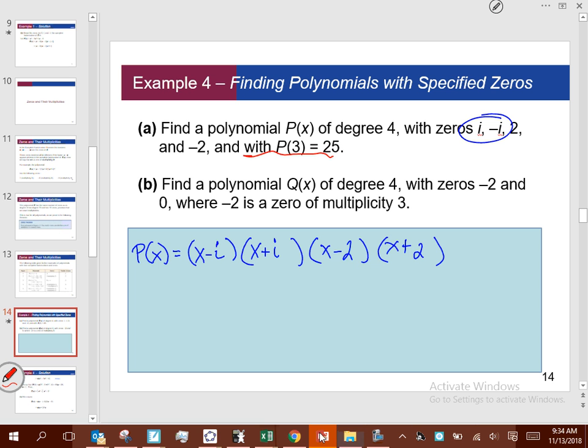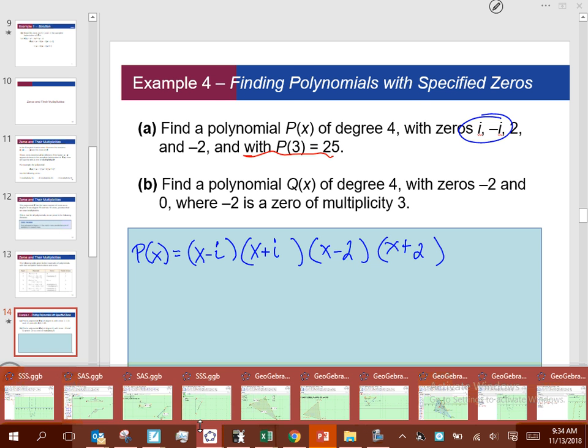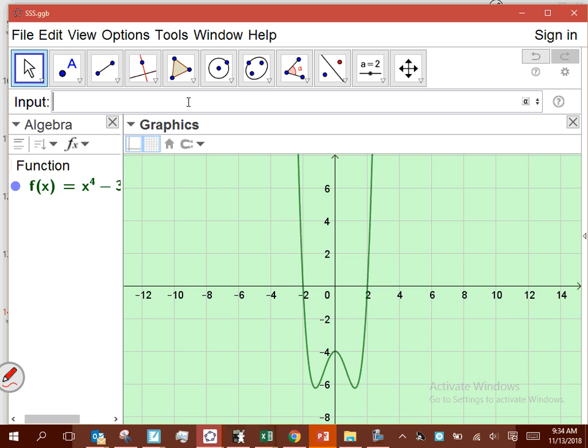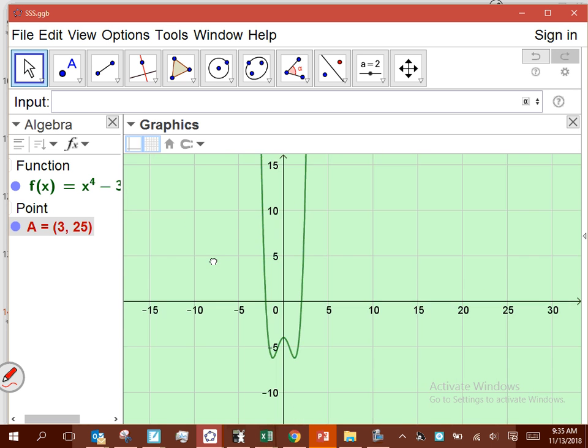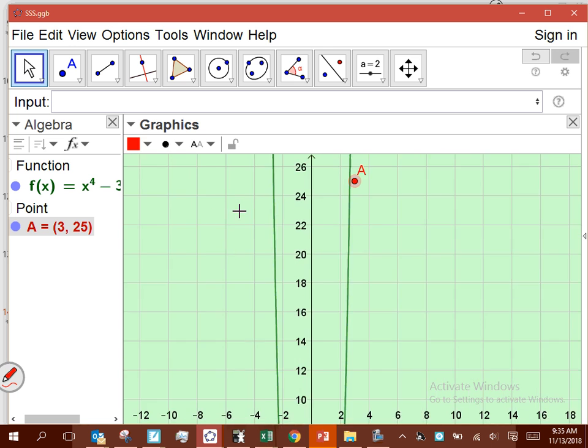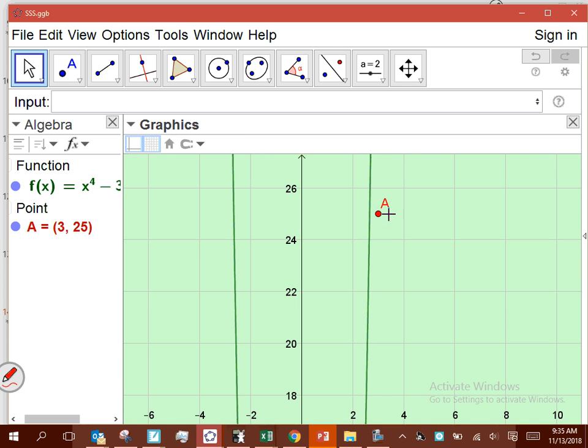So I'm going to plot that. I'm going to see if that's on this curve. 3 comma 25. Zoom out. Is that point on my curve? No, it's not on the green curve, right? It's not there yet, okay? And how do I get that? How do I get it to be on the curve? It's because this here